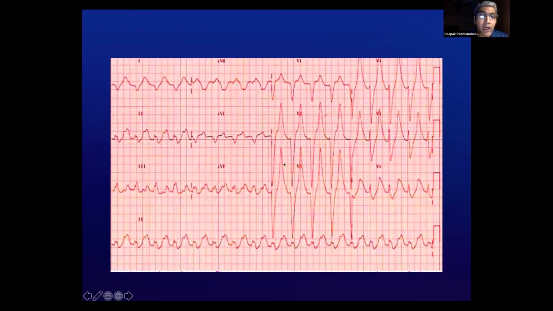Going on from QT prolongation, sometimes we see these abnormal rhythms where it's not very easy to figure out what the QRS is. The precordial leads are a good idea to figure out where the QRS is. And if you look concentratedly on the precordial leads here, you can see that there are tall T waves along with a QRS that is reasonably wide. This should immediately make us suspicious of potassium abnormalities. Remember, potassium is the tent pole that keeps the T wave up.